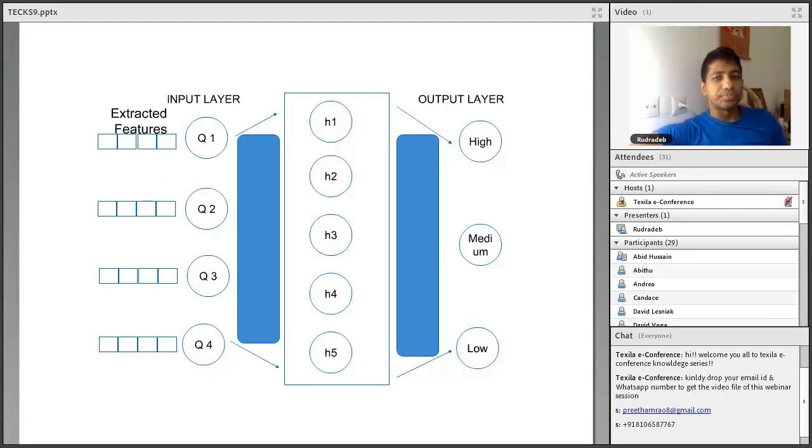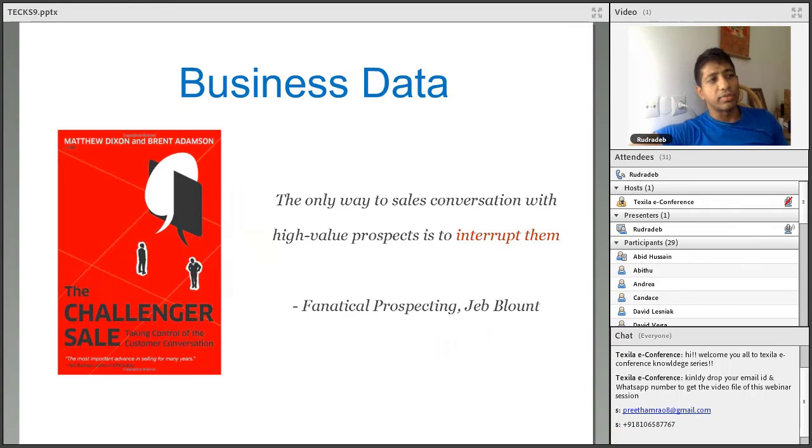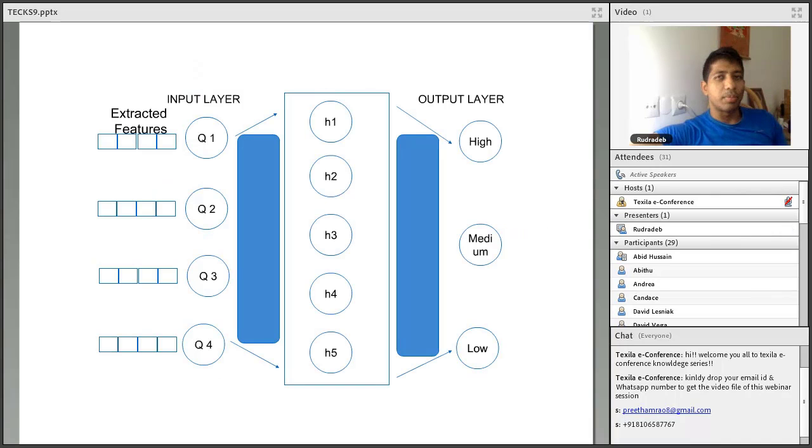So I'll give you an example. One of the systems that I'm building now is basically a sales prospecting tool. It's about how a company identifies its next customer. So this is what we are trying to build. And to identify the next customer, we need data from the user, or we need data from the business. The next customer is a business, not a person, so we need to collect data about the business.